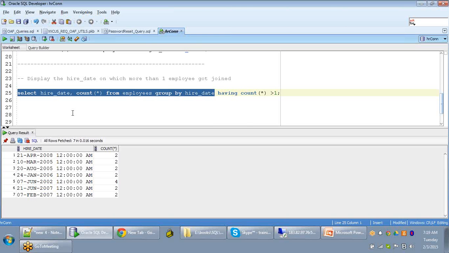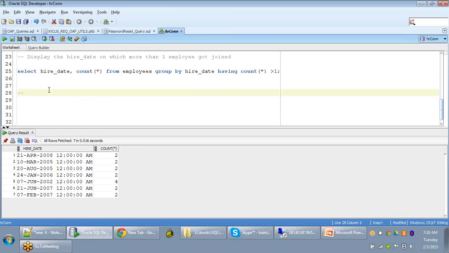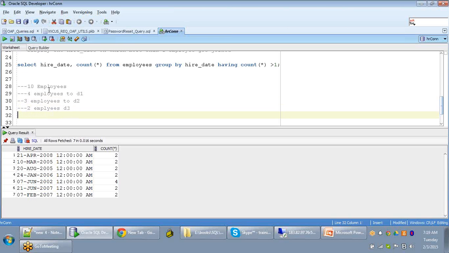So what we have to perform is a condition based on the group of data, not on all the data. Let us say, coming to the same example, you have 10 employees, each having particular hire dates. Let us say 4 employees belong to date 1, 3 employees belong to date 2, and 2 employees belong to date 3, and the last employee belongs to